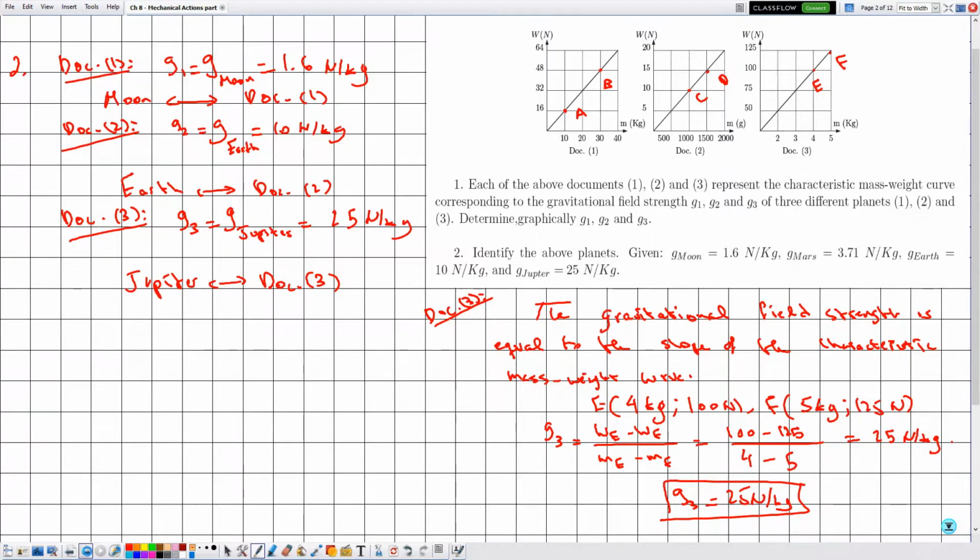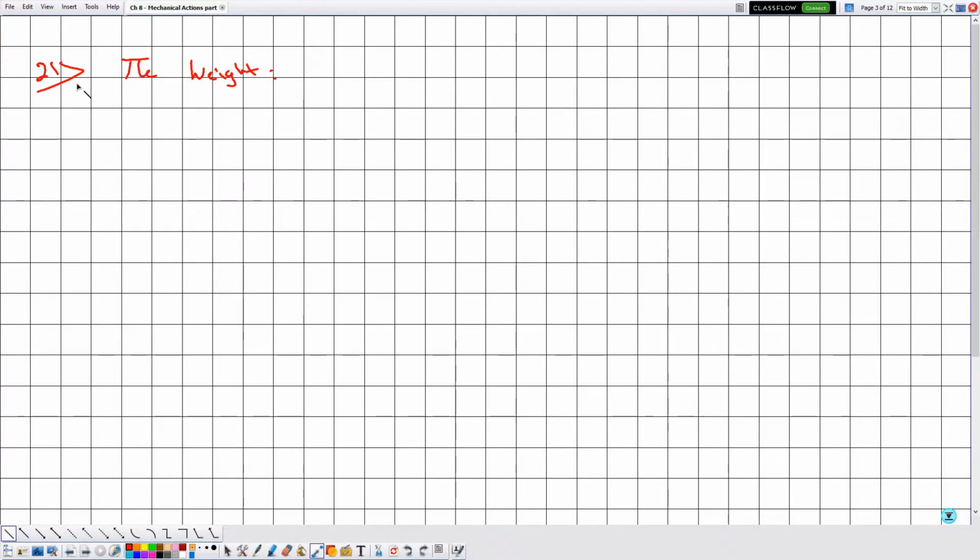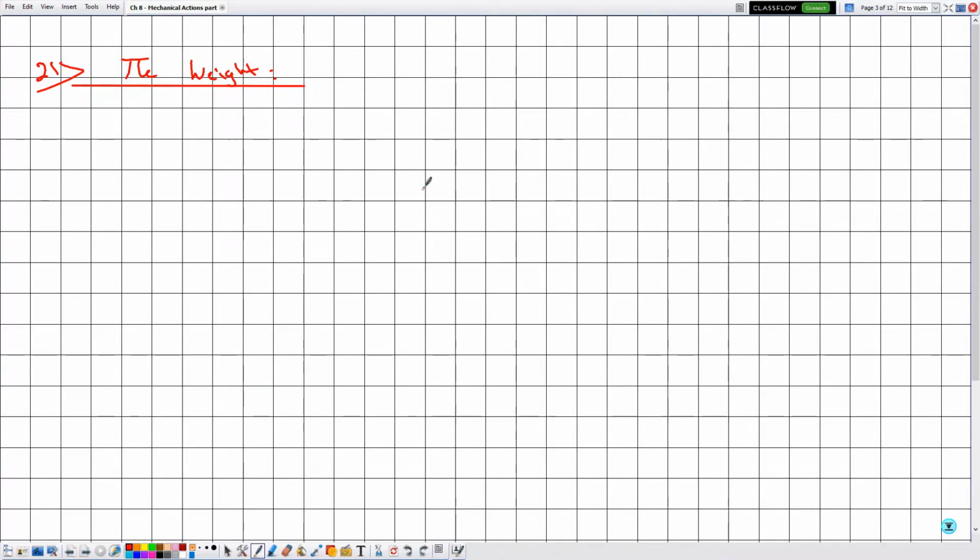Let me move on. And now we have reached section number 21, which is the weight. Previously we have discussed the weight as a magnitude. Now we need to discuss the weight as a force, and we will discuss the physical definition and the mathematical definition as well, as we have mentioned in the beginning of this chapter. So let me start with the physical definition. By the physical definition, we mean the action exerted by whom on whom, and in this case we can say that it is the force exerted